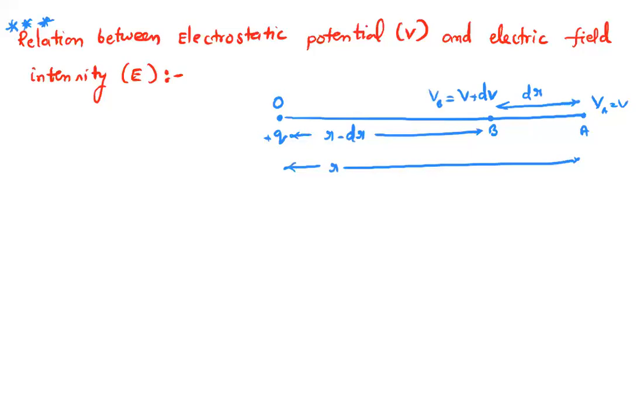Now, what is the direction of electric field intensity in this region? The electric field intensity due to a positive charge is always directed away. Then, by the definition of potential difference,